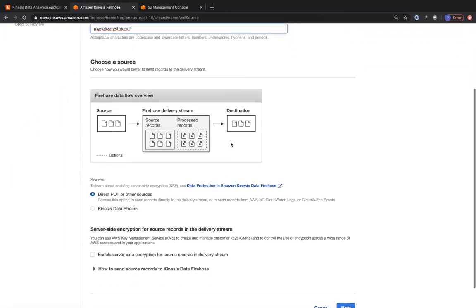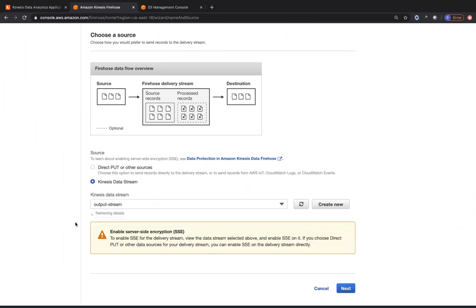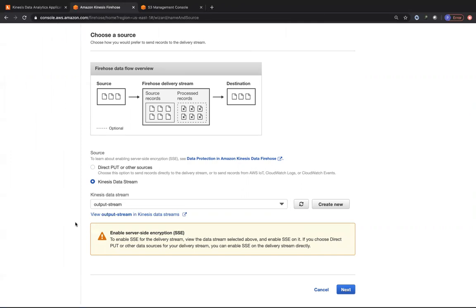You have to choose a source for your delivery stream, whether you're going to do a direct put using any kind of Kinesis agent or the producer library, with which you can directly input all of your data into Kinesis Data Firehose. But right now, our input is going to be another Kinesis data stream, which is our output stream, because from our sample stream, it is going into Kinesis Data Analytics. And then from there, it's going to the output stream through that in-application stream that we created called the temp stream in the previous lecture. And this output stream is going to have all of our data. And from this output stream, we are going to send all of our data to Kinesis Data Firehose in order to persist it into S3, right?